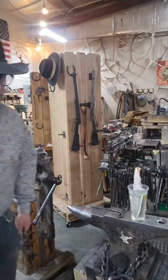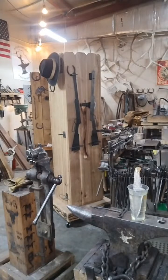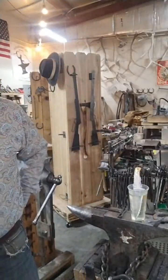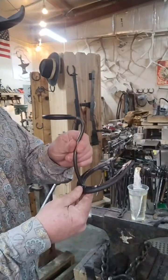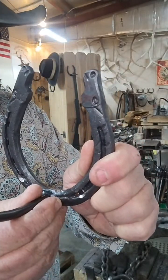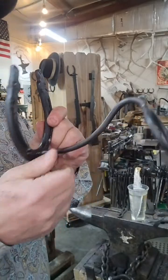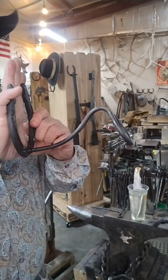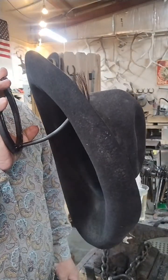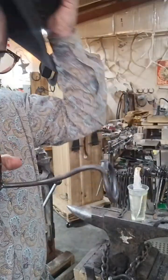I'll go get one. I'll show you. I'm working on an 80 hat rack order right now. So a guy in California, I guess he must be a haberdasher, and he ordered 80 of these. See the little horse faces? So this goes against the wall, right? And then your hat goes on there like that. So I'm about half done